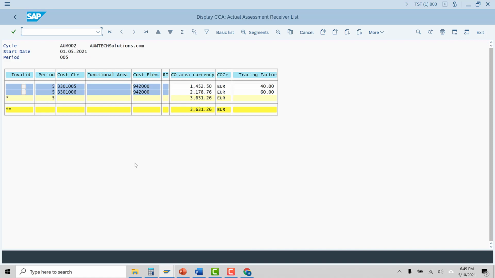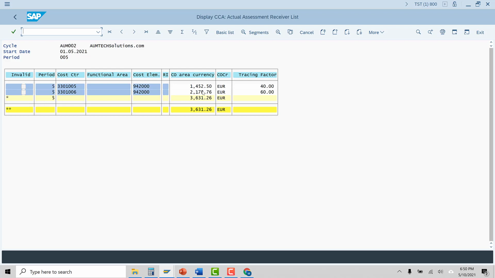But now a very important distinction between assessment and distribution is when you look at the cost element, you are seeing the secondary cost element, right? I mean, you don't know whether this 1452 belongs to your water charges or electricity charges.